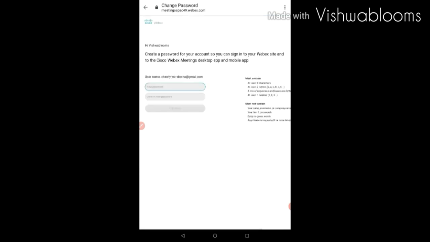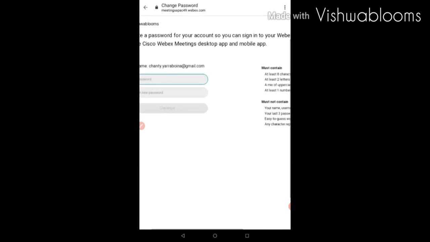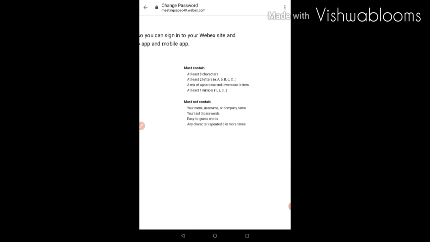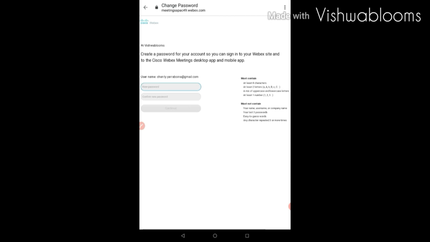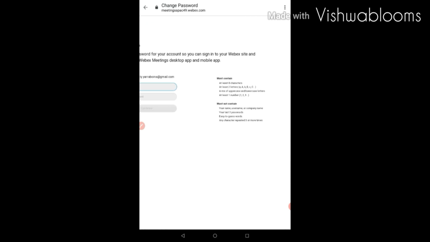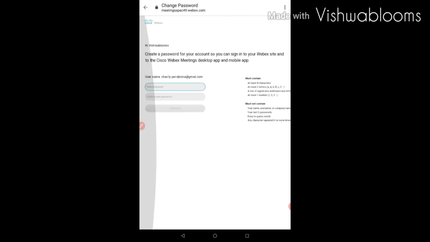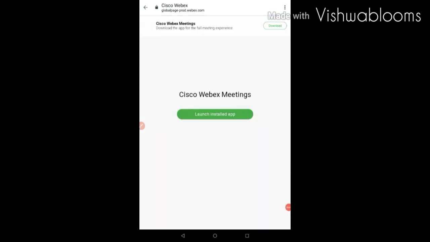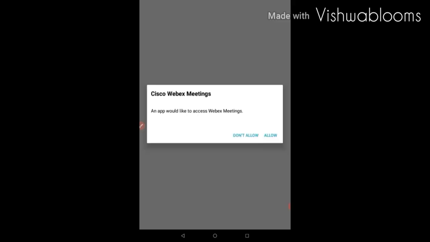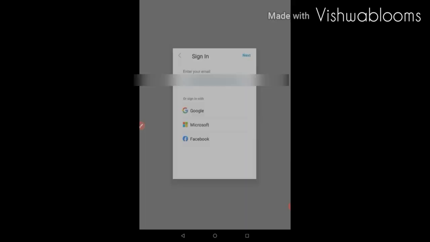Okay. You should have how you should make password means all this you should just have that. Like you should know all this. Okay, should follow these rules and make the password. You should type the same password 2 times and click on continue. Okay, let's do that. So after you write your password, you will see like this. Okay, so it's getting loaded, it takes time, so you should allow this access. Okay,